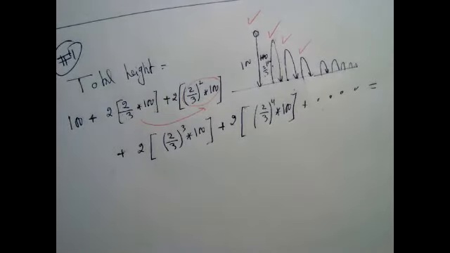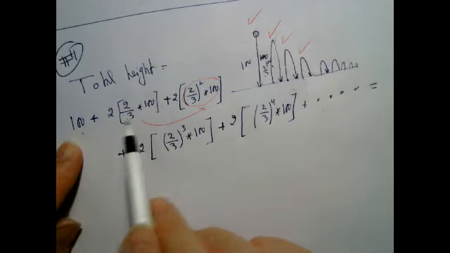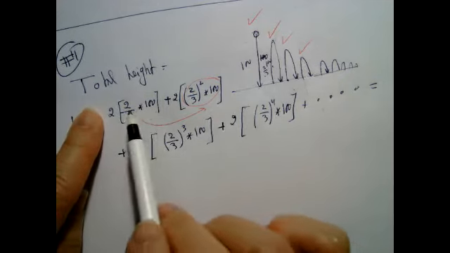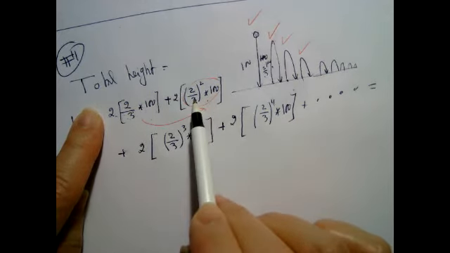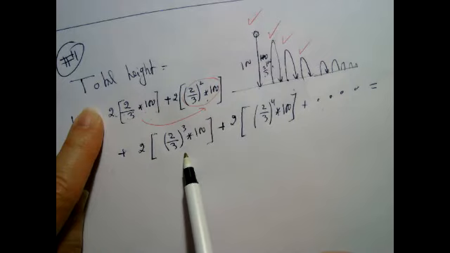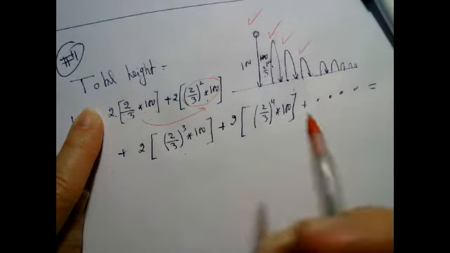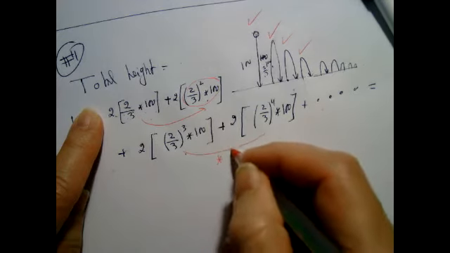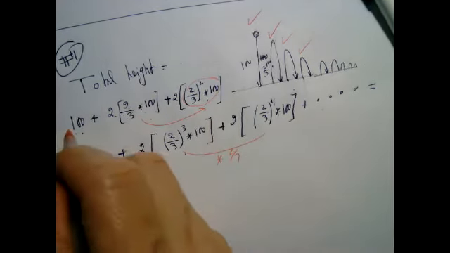It is geometric, but it's not geometric starting from the first term. It's geometric starting from here, because from here to here, you multiply by 2/3. From here to here, you're multiplying by 2/3. The only problem I have is the first term, because it's not going up and down, you don't multiply